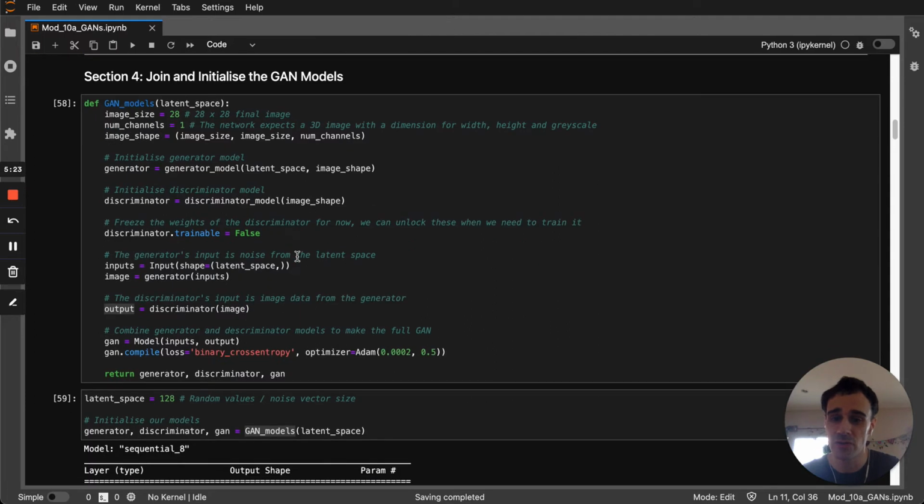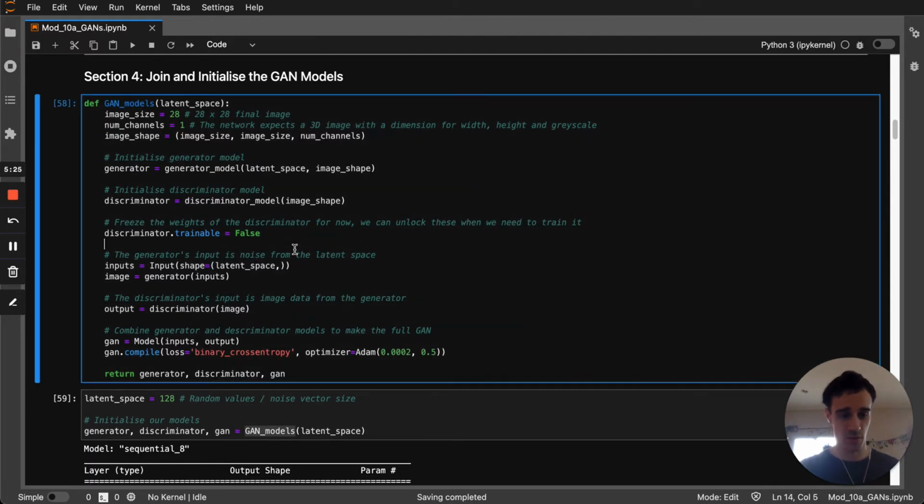So what we want to do then, we have our two models. We want to combine those into the network. So we want to stack them on top of each other, and what's going to happen is the generator is going to feed the data straight into the discriminator, and we're going to train those. But we have to be a little bit careful because we don't want the discriminator and the generator to be training at the same time. We actually want one to train and then another one to train, because if we train them at the same